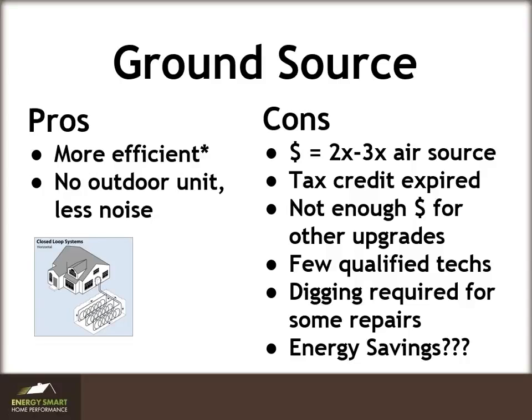But on the bad side, they are 2 to 3 times as expensive as an air source heat pump. And we've watched this cause problems for a number of our clients. Also, the tax credit expired at the beginning of this year. There used to be a 30% tax credit that's gone. Doesn't look like it's coming back. One of the curses is that if you put the money into a geo system, you can oftentimes not have enough left over to make the upgrades to make the house comfortable and efficient and healthy and all of those things. You just have to leave the house as is because you burned all of your equity